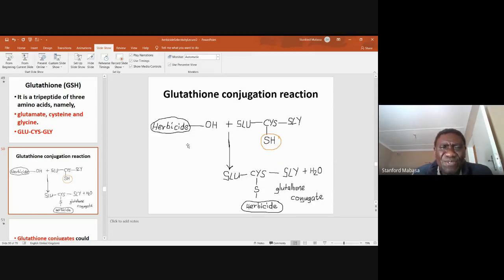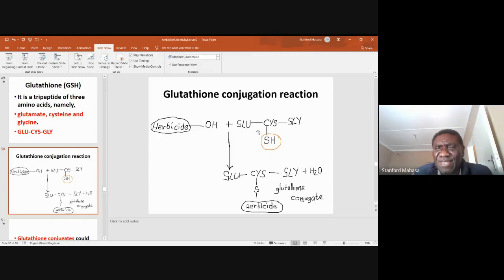Now, when it moves to phase 2, glutathione will take over and react with this component. And the reacting component is the SH,